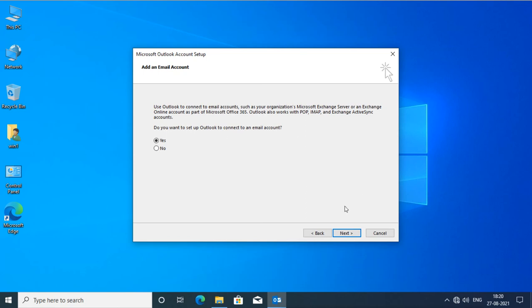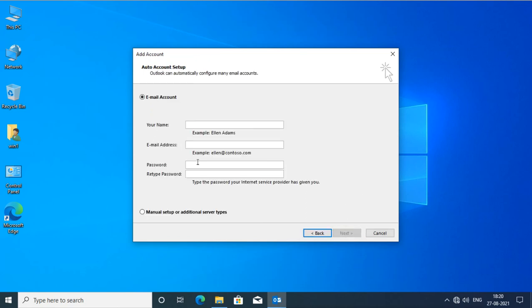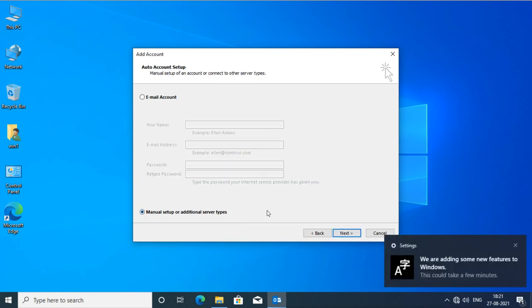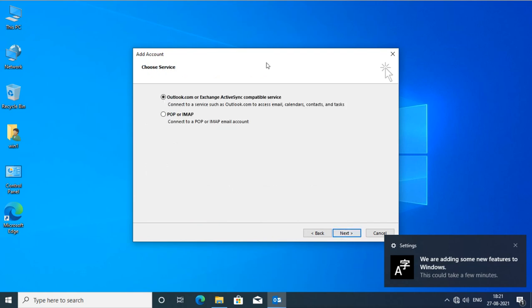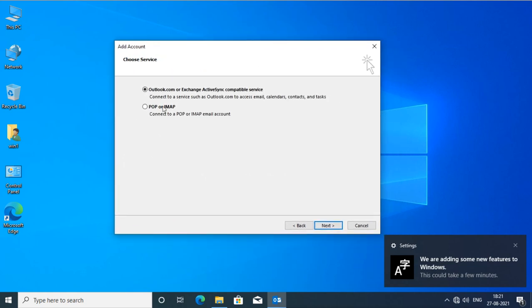Now it asks whether you want to configure it automatically, where you give your name, email address and password, and it will try to configure it automatically from the internet. Now because it is Windows, it is trying to go by the Windows way, so manual setup. And here in the manual setup we get the option to use POP or IMAP.